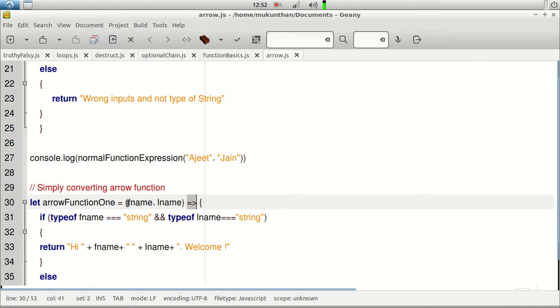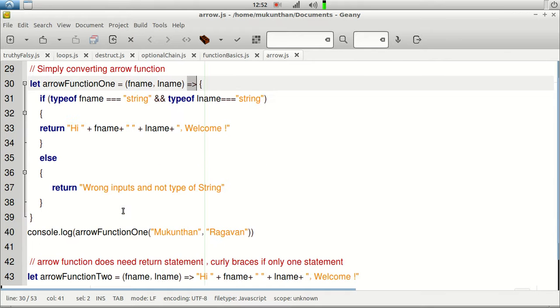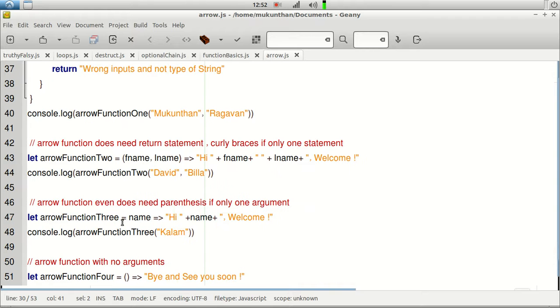Such as we have seen the anonymous function yesterday, right? So you can create the function there itself and pass it directly. Those kinds of scenarios you might be using the arrow function. But the special part about the arrow function is that it does not require the return statement and curly braces if there is only one statement.